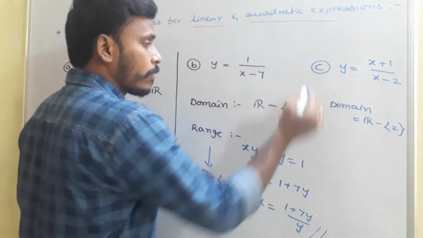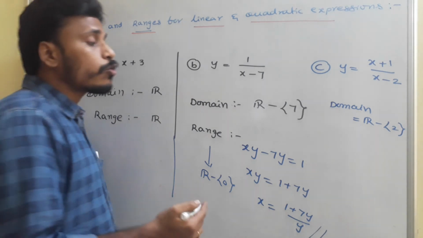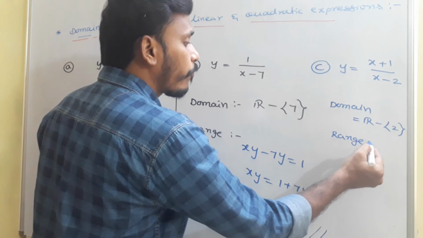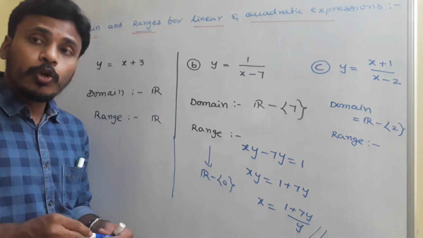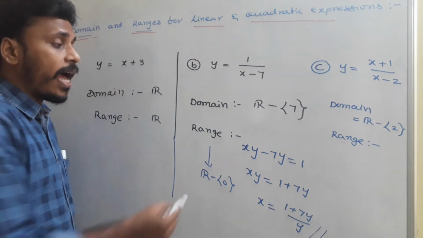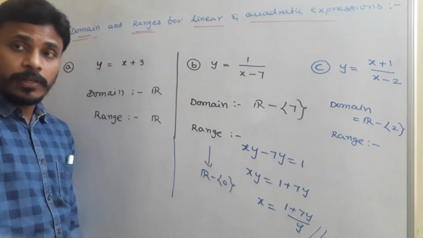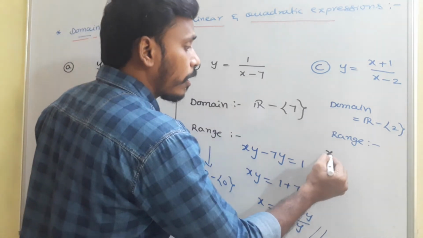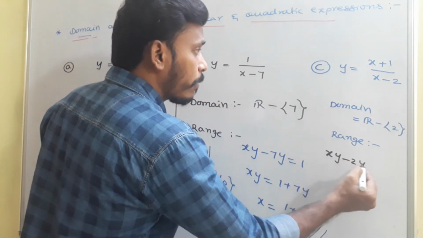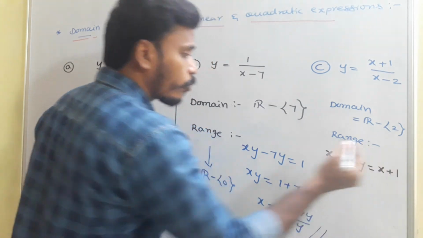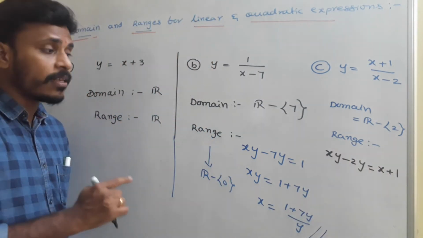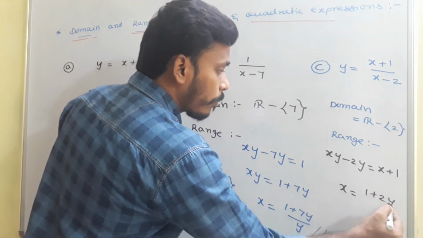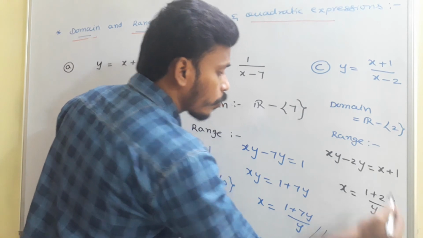There ends the task. Okay, domain is clear. Then what do you say about the range? Thinking about range is simply finding possible values for y. To find the possible values for y, as I mentioned here, you need to express x in terms of y. For that you just do cross multiplication. The problem will become like this: xy minus 2y equals x plus 1. See, try to express x in terms of y, and directly I am writing x is nothing but (1 plus 2y) by (y minus 1).